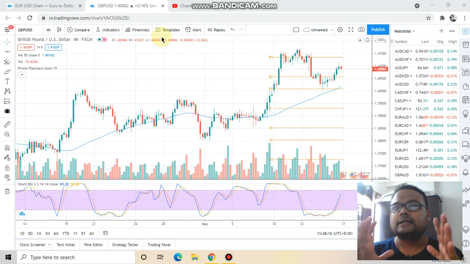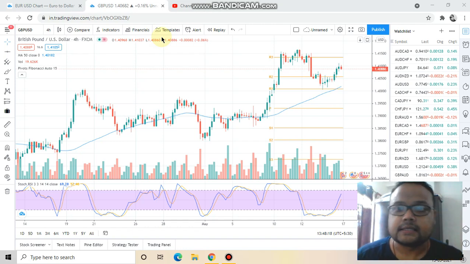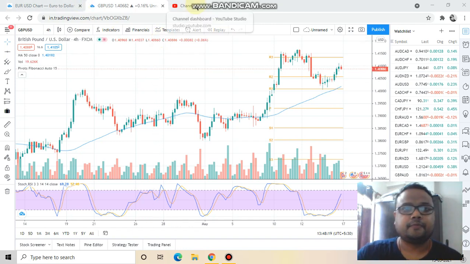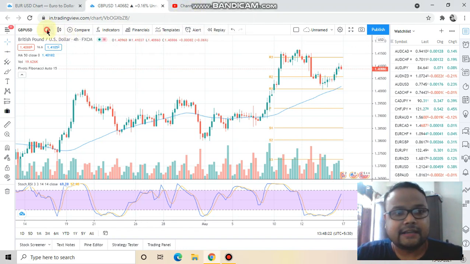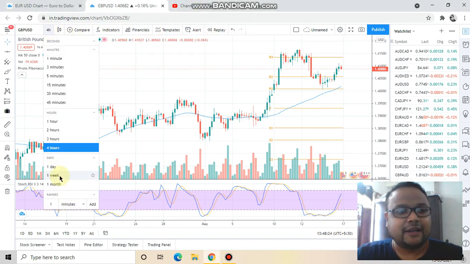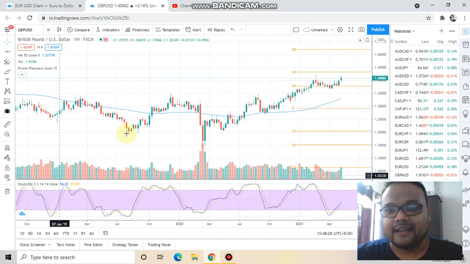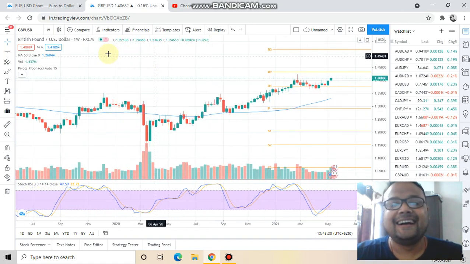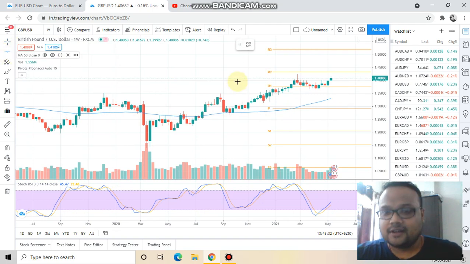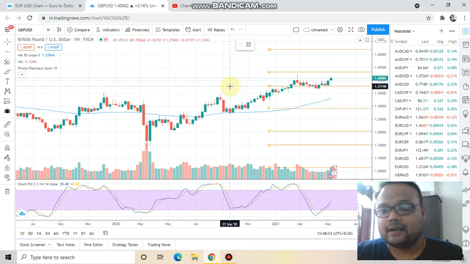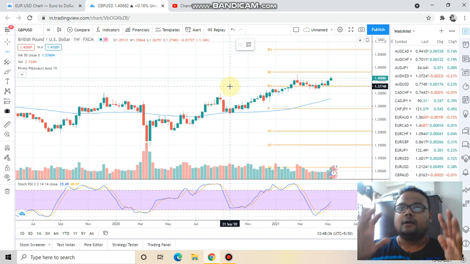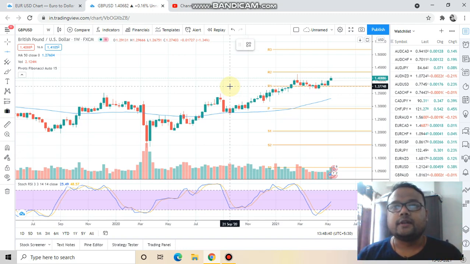But things are a little bit complicated in this chart. I would like to show you. At first I would like to take you to the weekly time frame. Probably you all don't like it, but yes, I'm a fan of weekly multi time frame analysis. I want you to learn how to do multi time frame analysis, because if you look at the higher time frame, then you get the picture of what the big boys, the big players, are doing.